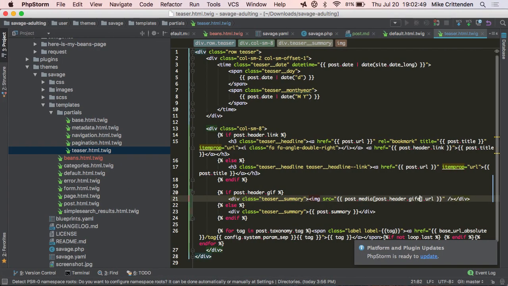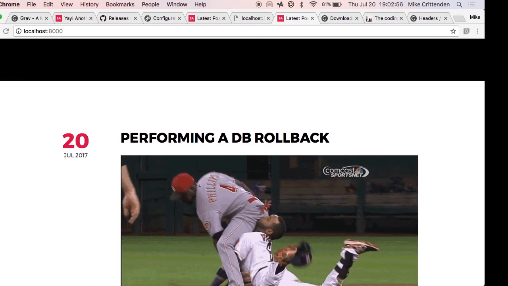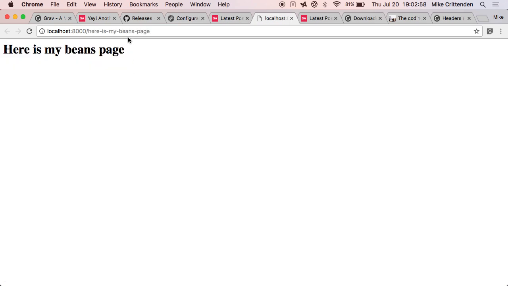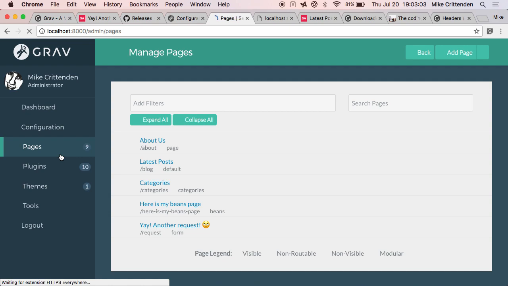But that doesn't really help us for the client, because the client doesn't want to come in here and edit YAML within Markdown. So we need to tell the admin how to know about this. Because right now, if I go to /admin and view the page,